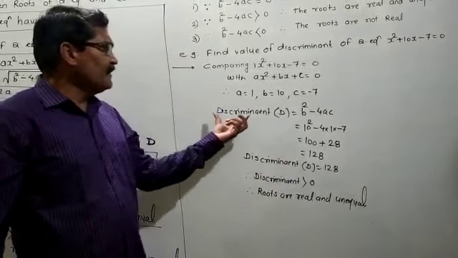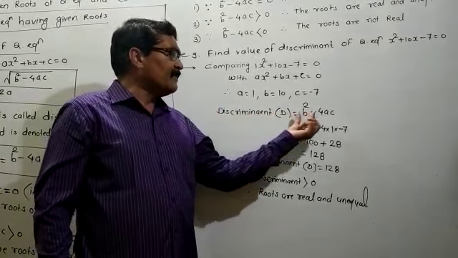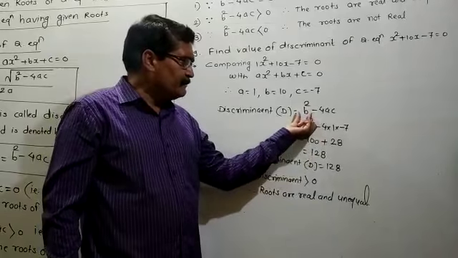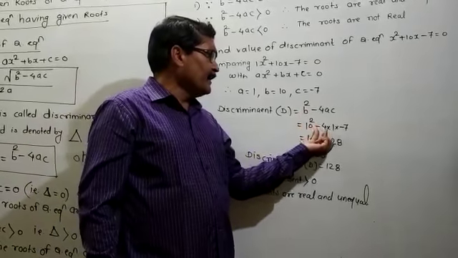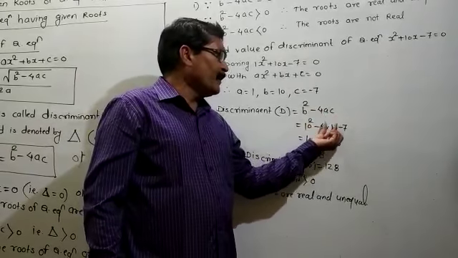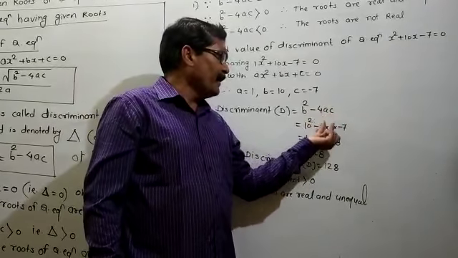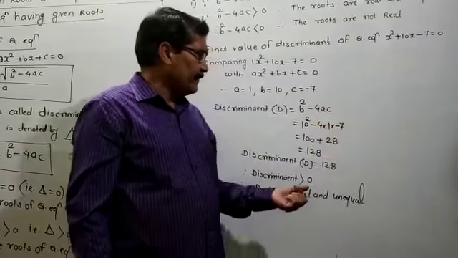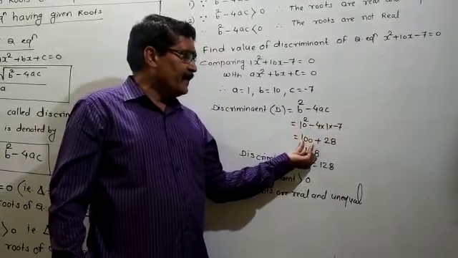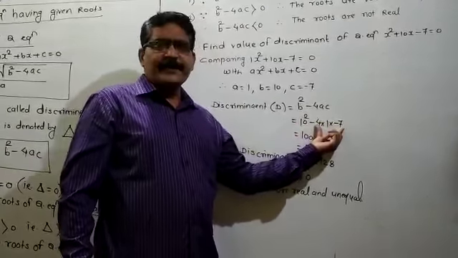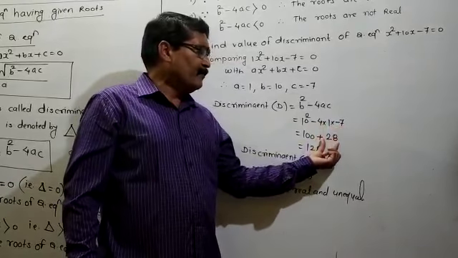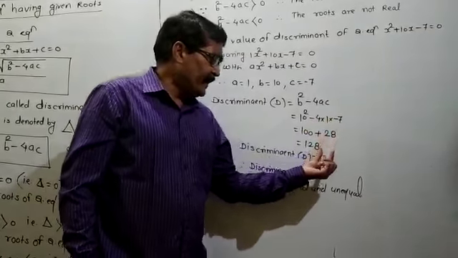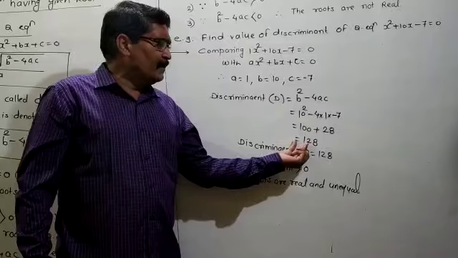Value of discriminant means discriminant delta or D is equal to b square minus 4ac. Then b square minus 4ac means value of b is 10 square minus 4, as it is. In between 4, a and c, there is a multiplication sign. Value of a is 1, means 4 multiplied by 1. Value of c is minus 7, multiplied by minus 7. In this condition, 10 square, 100 will come. And if both numbers are negative, here you have to do the product. If both numbers are negative, the product is positive. According to that, 4 7s are 28 will come, and this will come 128.